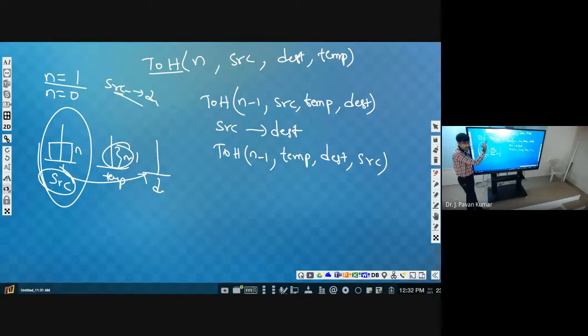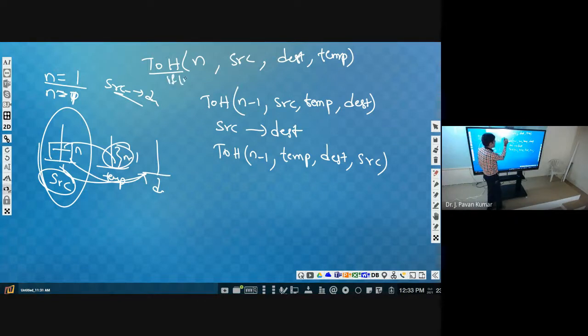This we know. If n is greater than 1, that means if n is 2, that means we need to follow this step or not? These 3 steps or not? Even if you have only 2, we need to keep the top one here, then only we can keep this, isn't it? So these 3 steps will be there whenever we have n value greater than 1. So that only we will specify.